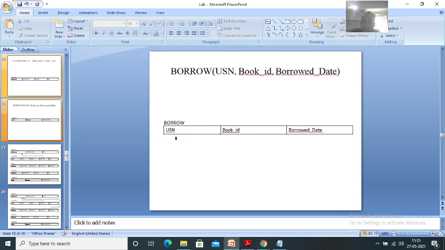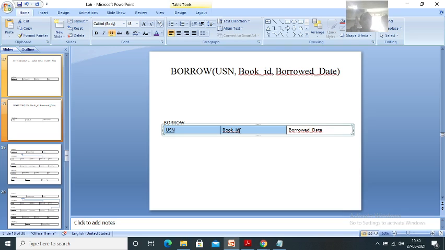Now which is the primary key? The primary key is the USN number and book ID together. Both together will be treated as a primary key. If you combine these two, it will be called one primary key, USN as well as book ID.